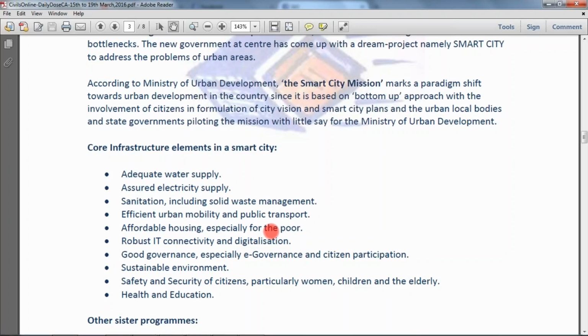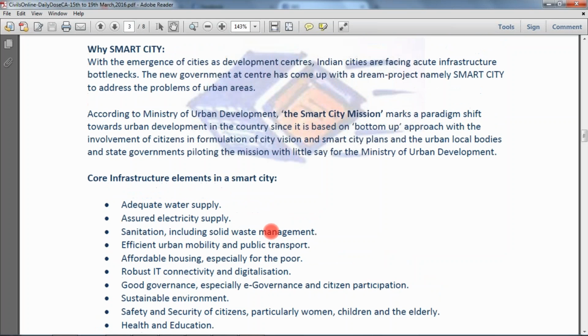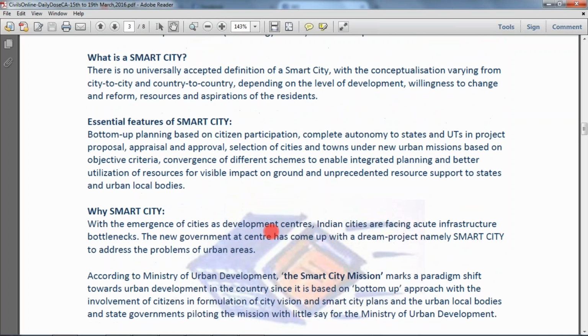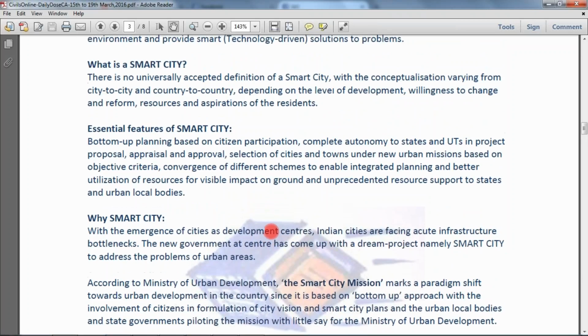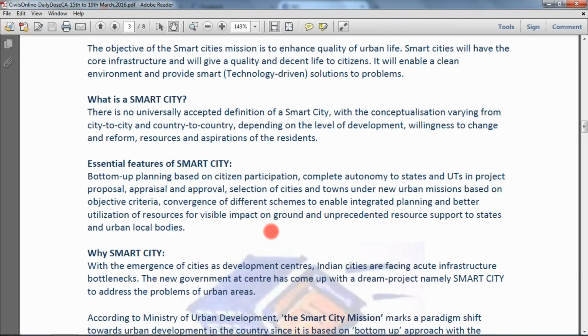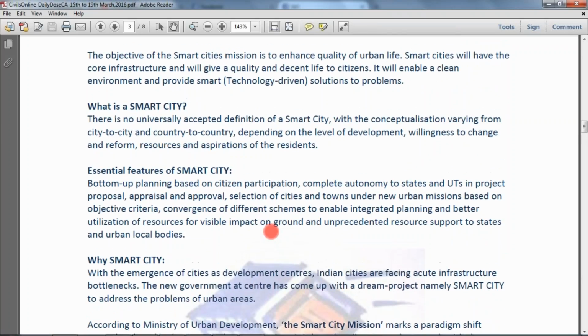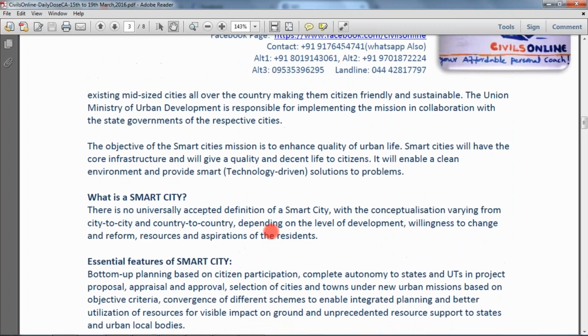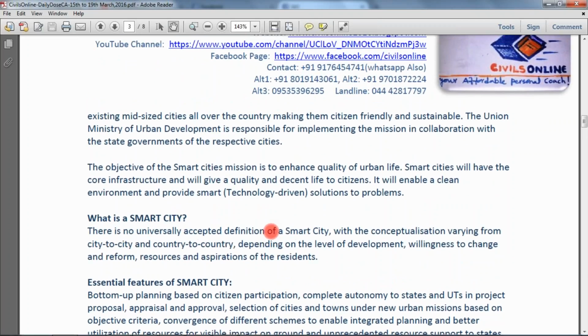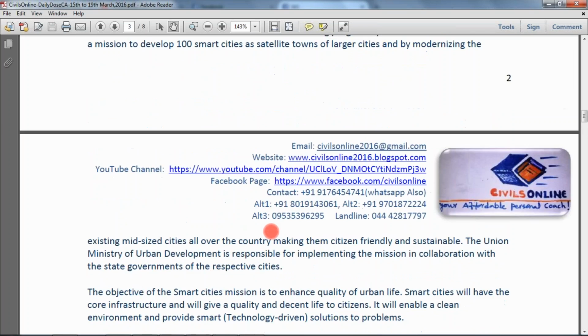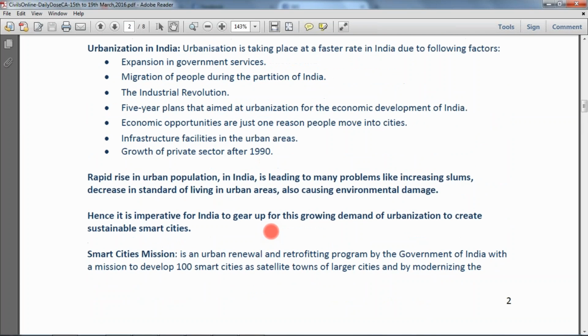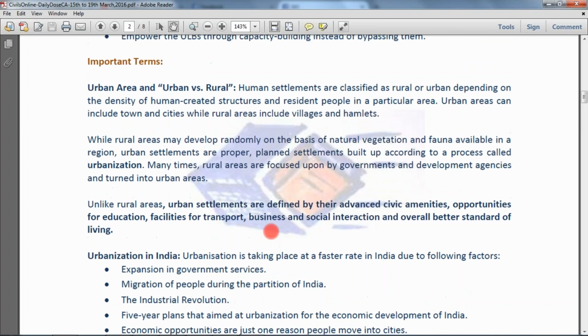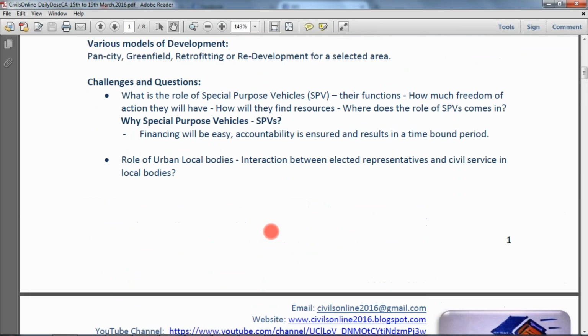These are the important terms we have to know before actually looking at the Smart Cities Mission. So we realized what an urban area is and how it is different from a rural area, what it stands for, that is a better standard of living, what a smart city is, what a smart city in India should consist of, and what the government's plan is. So we learned all these terms. Now let's look at what this Smart Cities Mission is.